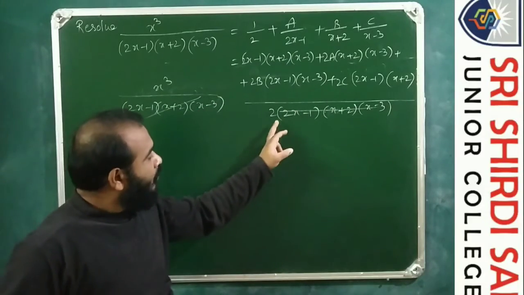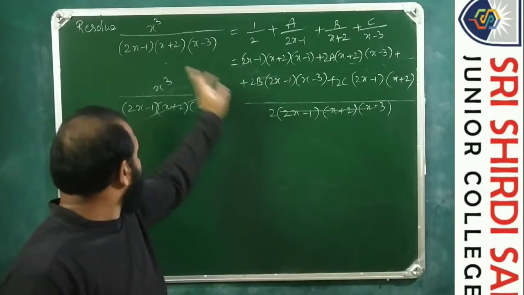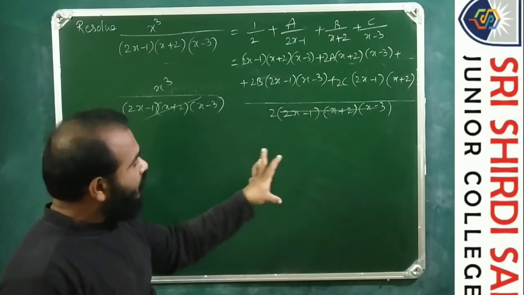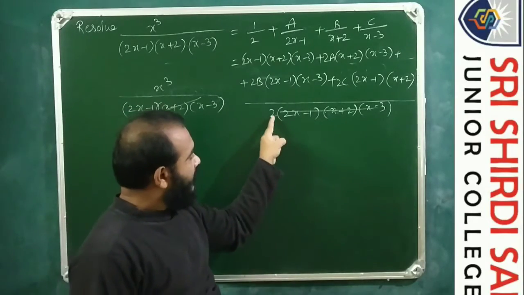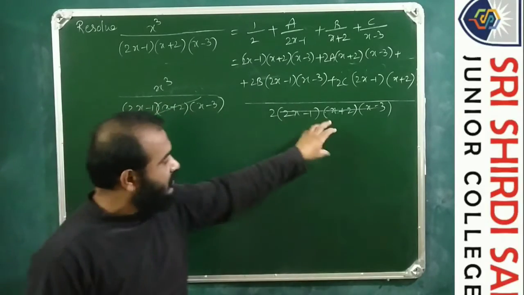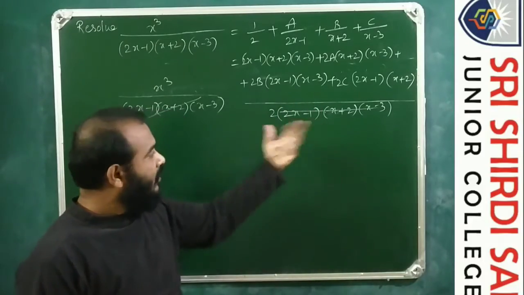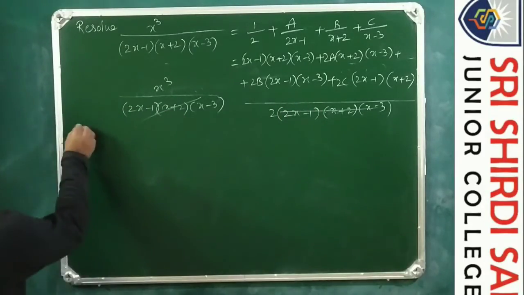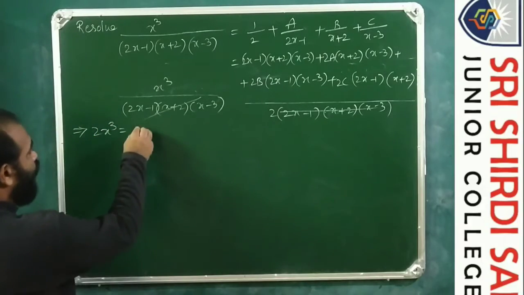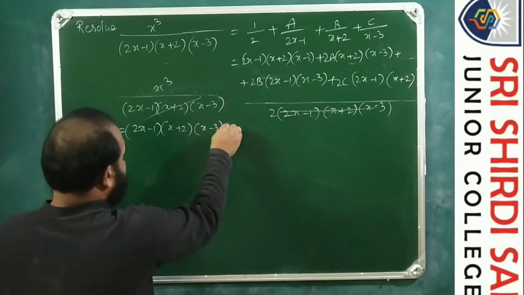So be careful that here the 2 is not cancelled. So this 2, on cross multiplying, will give 2x cubed. Most students forget this 2 and cancel this and this, and forget this 2 and proceed, which will give the wrong answer. Now this is equal to 2x cubed is equal to (2x minus 1)(x plus 2)(x minus 3) plus